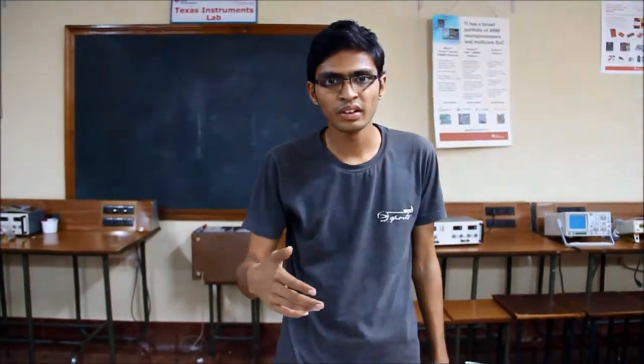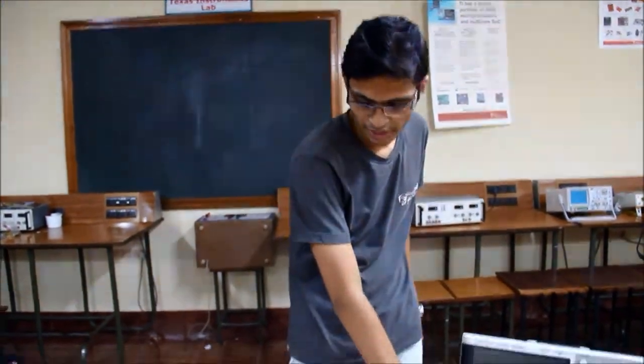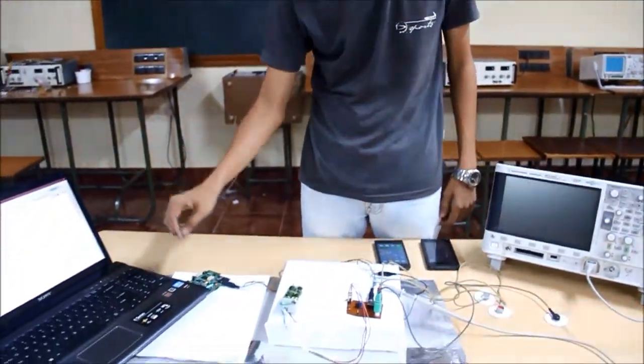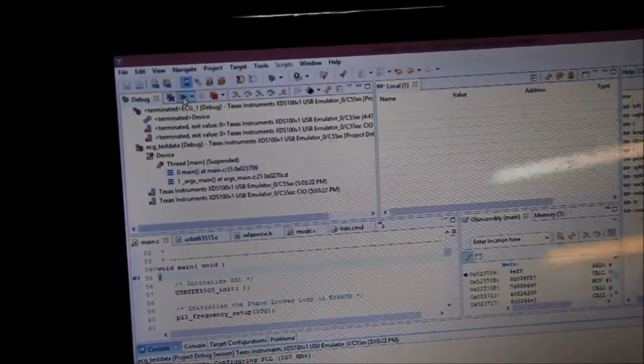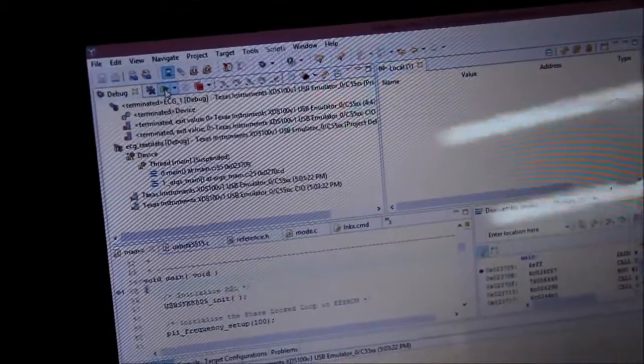As we don't have prior data of an ECG signal during a cardiac arrest, we won't be using these electrodes, but instead we'll be using a code from a laptop to simulate the ECG signals. So as you can see, the code is already written. If you press this play button, the laptop will send ECG data during a heart attack to the microprocessor.